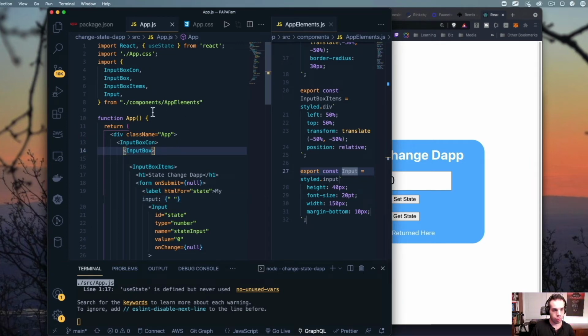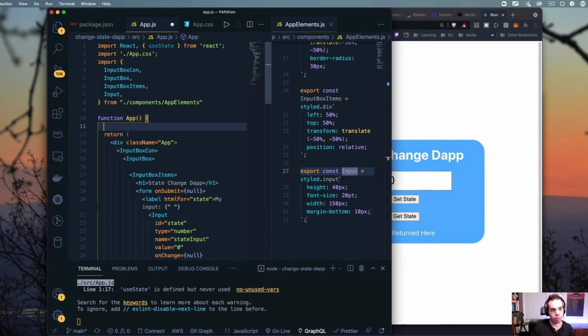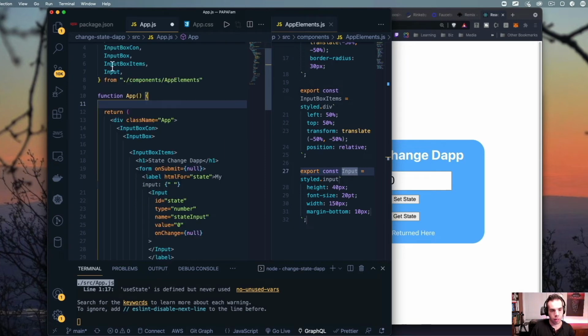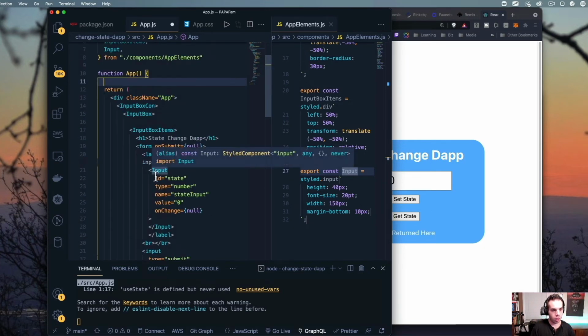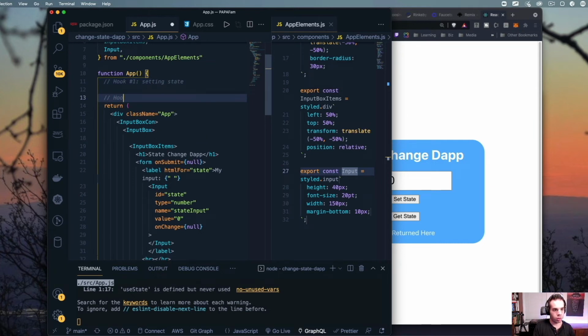So in the front end in app.js, I'm going to go under the function. So this is the value of React functional components: you declare the function specific to a page or a component, and then you declare the state variables at the top, and then you can call them in the return statement. So we're going to declare basically hook number 1, and that's going to be for setting state, and then we're going to do hook number 2, and that's going to be for getting state.